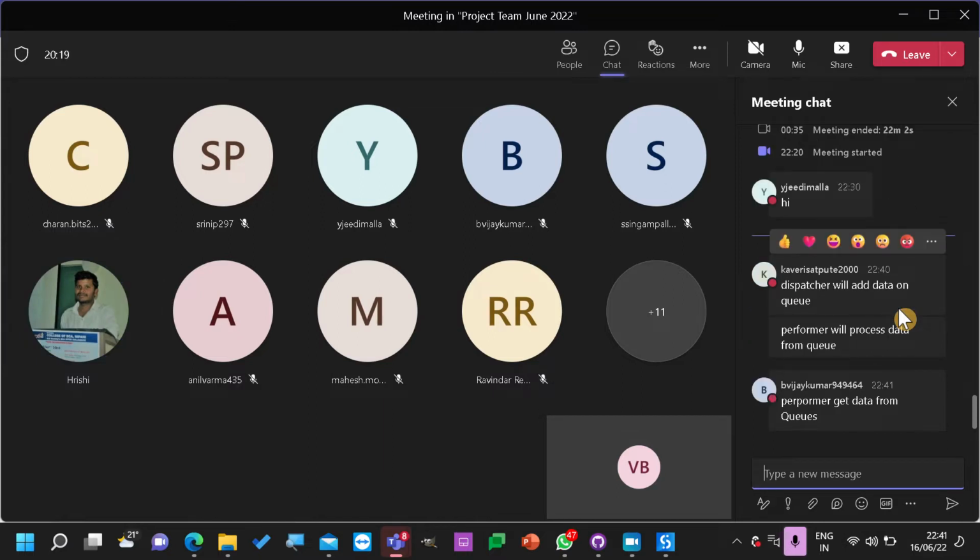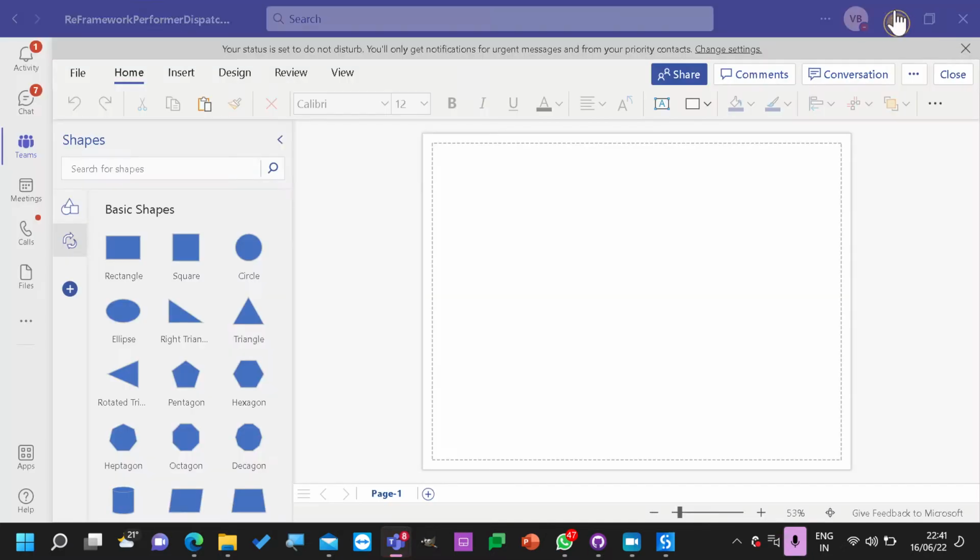Try now once. The dispatcher will load the cases in the queue by taking it from input, and performer will be performing those cases one by one. Or can you say that performer will consume the item? Yes.